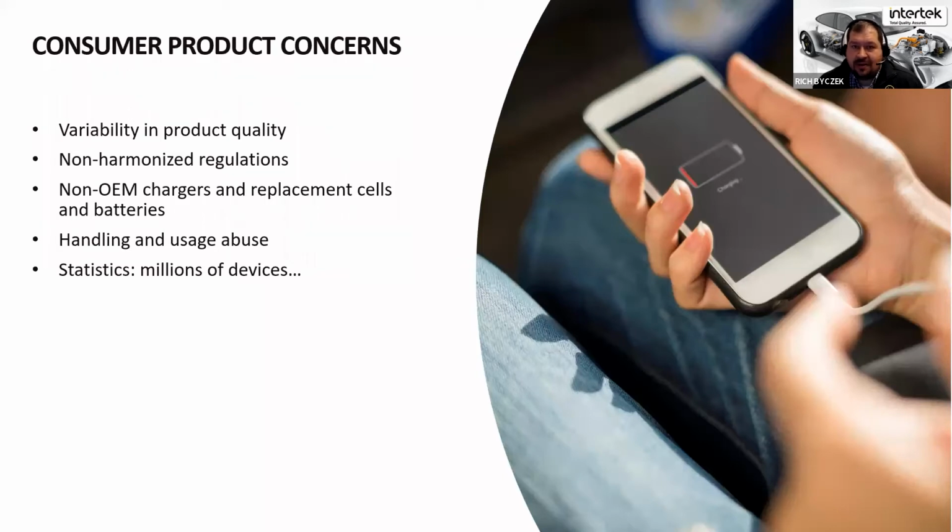Variability, of course, in product quality from factory to factory, country to country, raw material supplier to raw material supplier. With some of the current supply chain issues, you're suddenly switching to alternate suppliers, which may lead to some of these other issues. I like to highlight things like non-OEM chargers. Use the example here in the U.S. The dollar store charger. It looks just like the form factor of the charger that came with your cell phone from the name brand manufacturer, from the Apple or the Samsung, et cetera. Those are certified chargers that come with those phones.